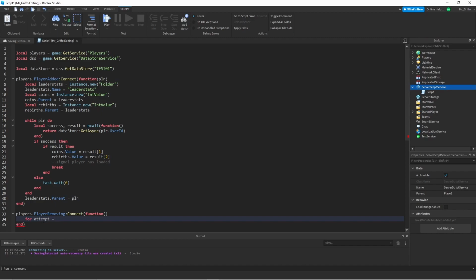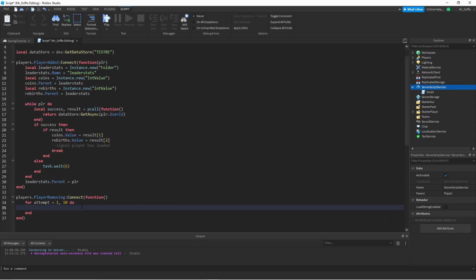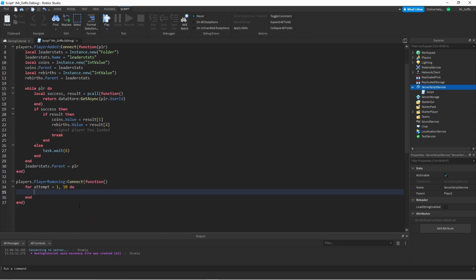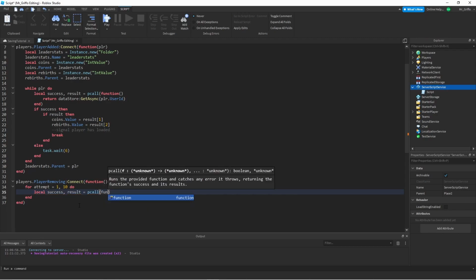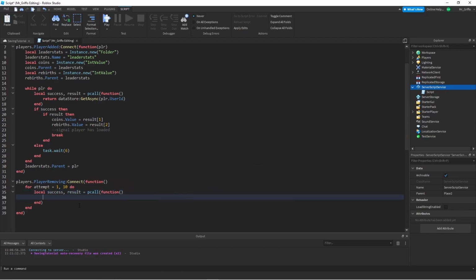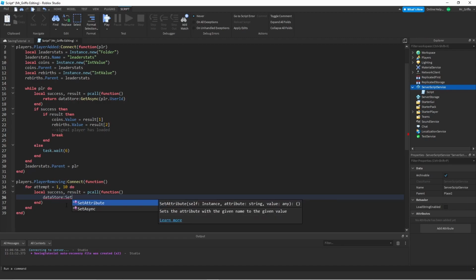We'll call it attempt equals, let's say 1 to 4, try and say for 2 minutes. It won't need more than 10, so that'll be fine. There we go. Same kind of thing. So we're going to do the local success, comma result equals pcall function, just like that. This time we don't need to return anything, we just need to know whether it successfully saved or not. So we're just going to say data store set async